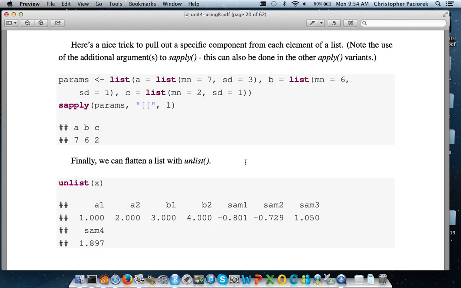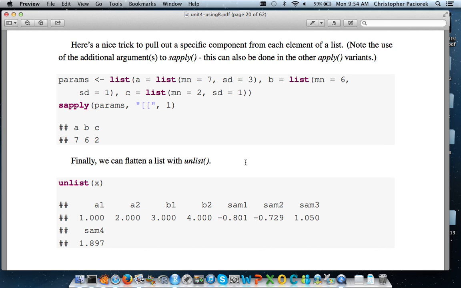Often, if you're doing stratified analyses or something like this, you might end up with an object that looks like this. It's a list of lists. And you might want to pull out the mean element from each of the components of that list. I want to get back the 7, and then the 6, and then the 2. I just want to strip out that information and get it back in a handy format. So you could write a for loop or something like that to do this, but you can actually do this in one line with an lapply or an sapply by recognizing that this double bracket operator can just be treated as